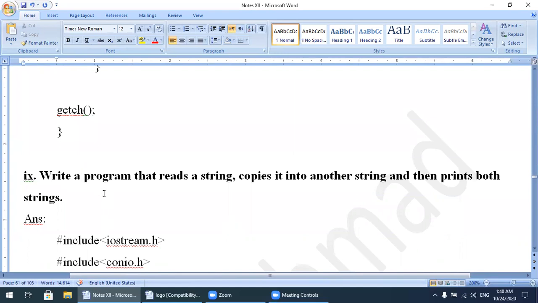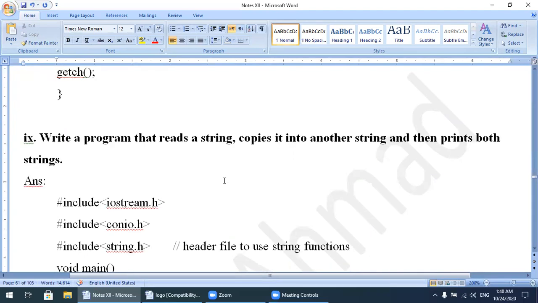The next programs are related to strings. Inshallah, we will start strings from tomorrow. As we know, the definition of a string is a combination of different characters that makes a string. So that is the definition of a string, and we will follow these program lab activities in strings inshallah tomorrow. If you have any query about this program, you can join me in the Zoom meeting.